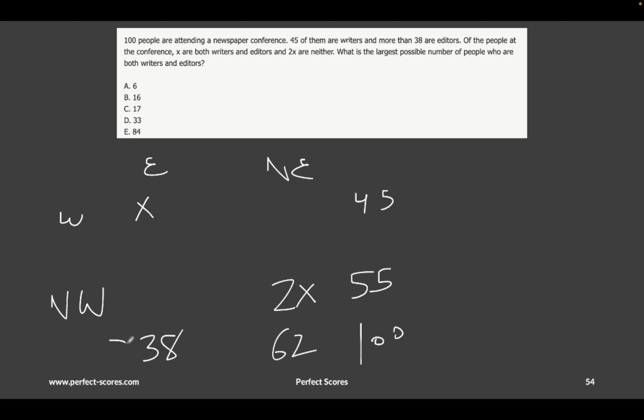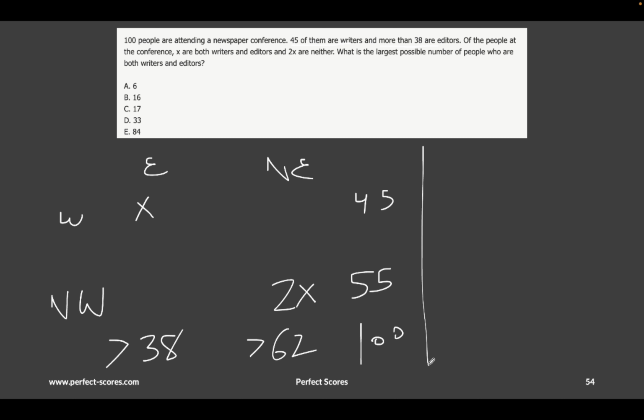So there are more than 38 editors. So the minimum it can be is 39. So let's just keep it this way. So at most, this can be greater than 62. Let's not deal with inequalities right now. Let's just try to solve the question this way, and then we can talk about least and